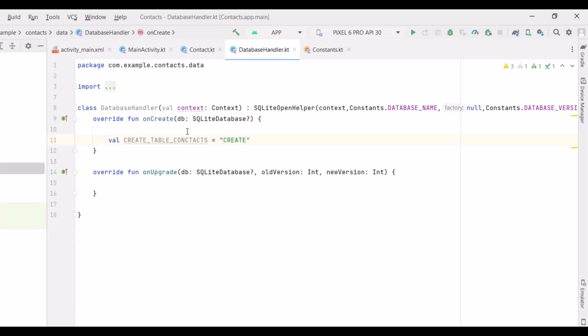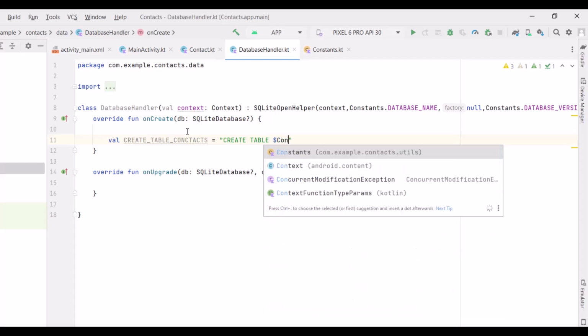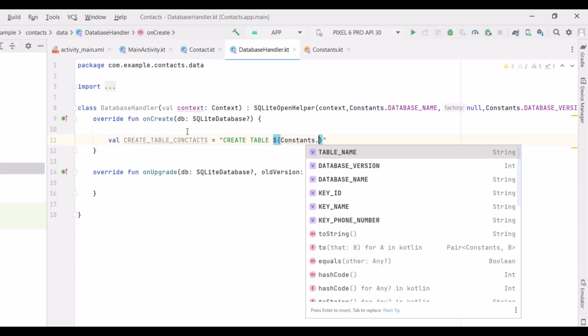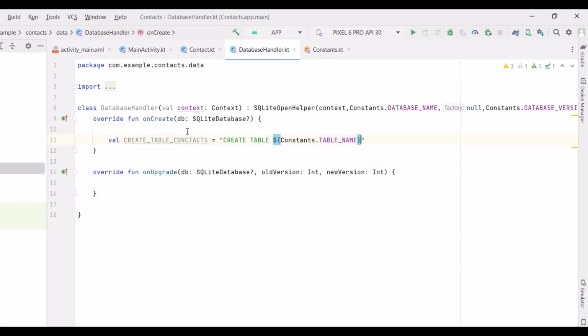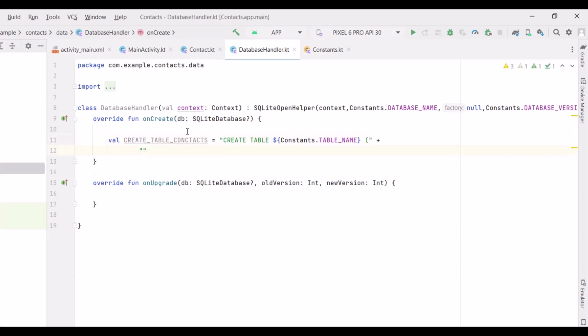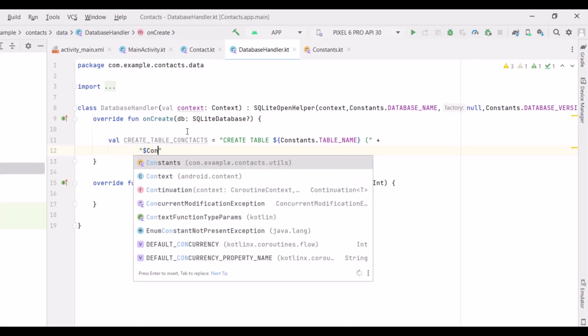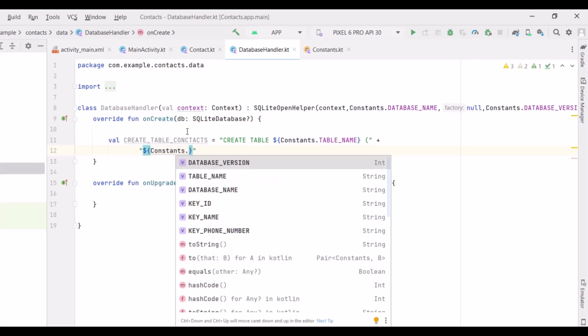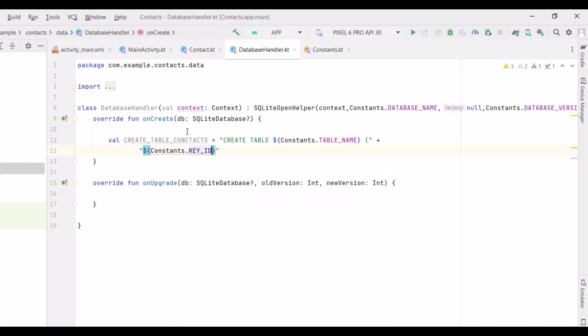So I'm gonna type CREATE TABLE $, Constants dot TABLE_NAME, so the table name. Then I'm gonna put here opening parenthesis, I will press enter, and here I will type ID. So I'm gonna type again $, Constants dot KEY_ID,